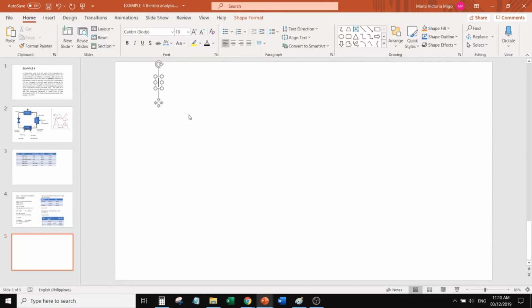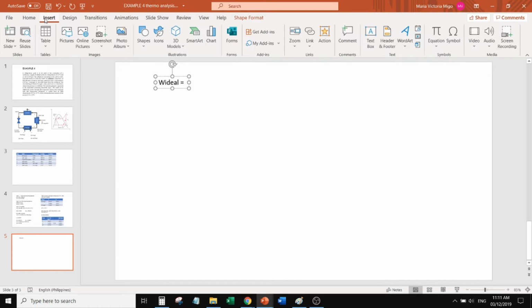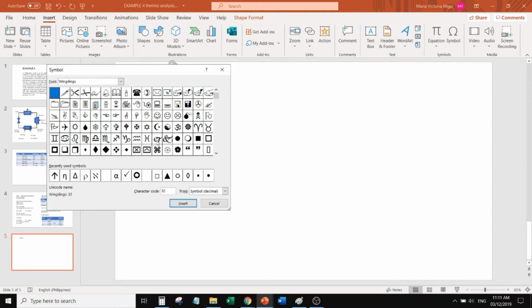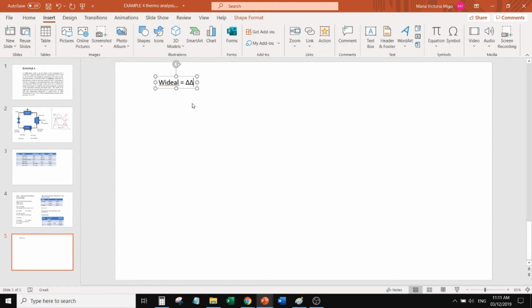Let's solve for work ideal. The formula is delta H minus T naught delta S. This is equal to